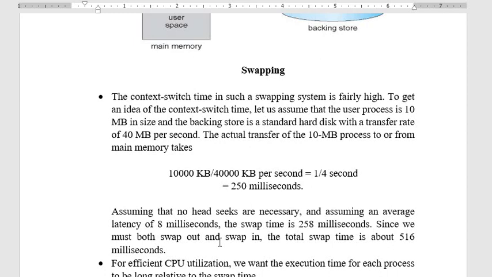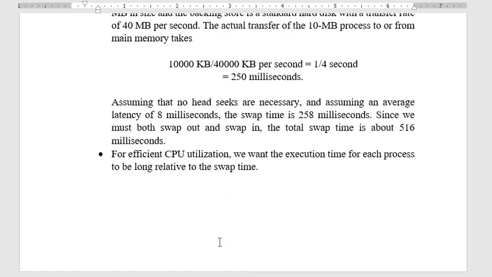Dividing the size by the transfer rate gives the time required to transfer that process. It takes 1/4 second, which is 250 milliseconds.